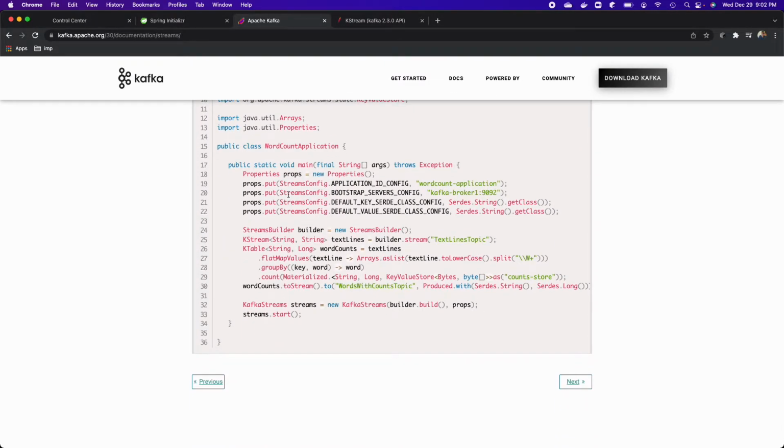So here they have mentioned how you can use it in a simple Java project. You need to put properties, and you need to define the serde for the key and the serde for the value, whatever data type you have, because we need to do serialization and deserialization of the data. Once we receive data from the Kafka topic, we need to deserialize it while we are consuming the data into a Java object, because in streaming we have to serialize and deserialize the data if we want to use streaming.